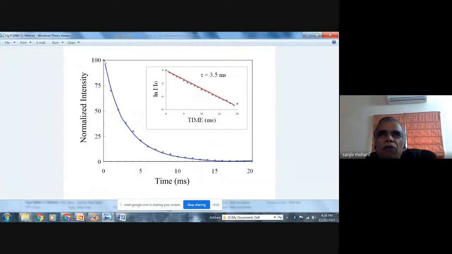So usually we get this type of decay curve. And if it is exponential, what we do? We plot ln of I by I0 against time, and then the slope of this line gives me the lifetime. In this case, it is obtained as 3.5 millisecond. This is the lifetime for the chromium.